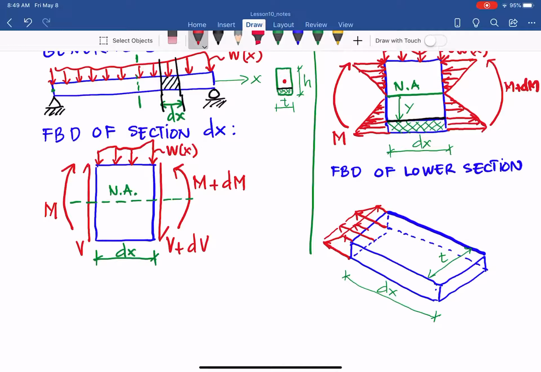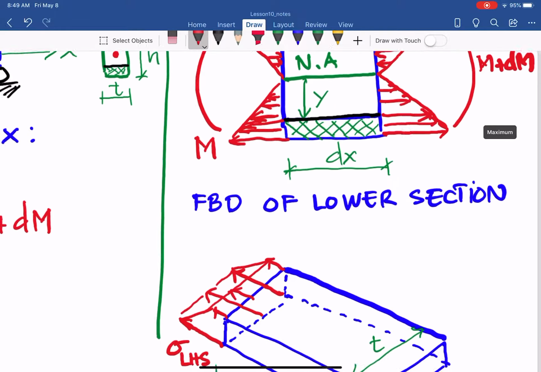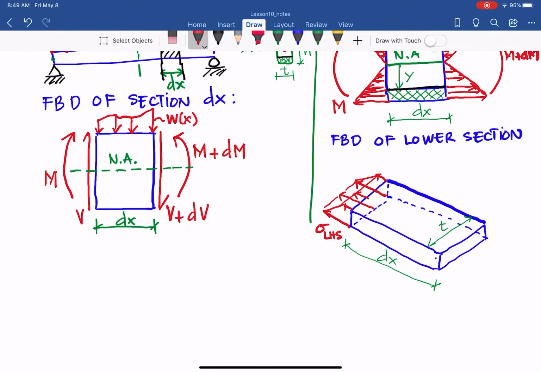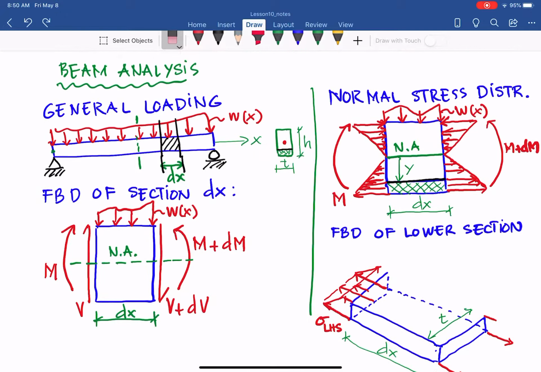So that is the normal stress distributed on the left hand side, and I call this sigma left hand side. And similarly on the other side, on this portion, I also have the sigma right hand side. It's the same at the outermost fiber, we get the maximum at the cut, the black portion here. So let me draw that black portion so it's easy to